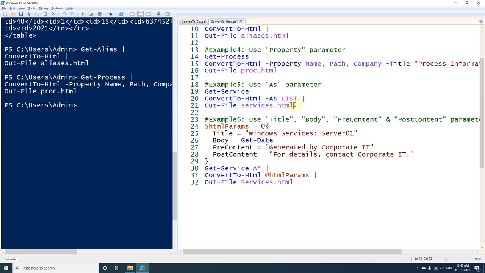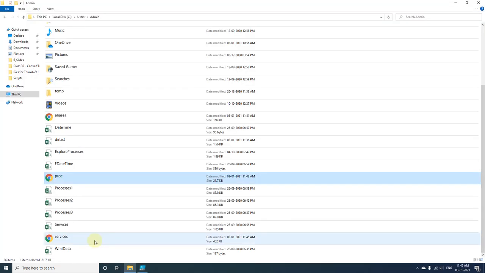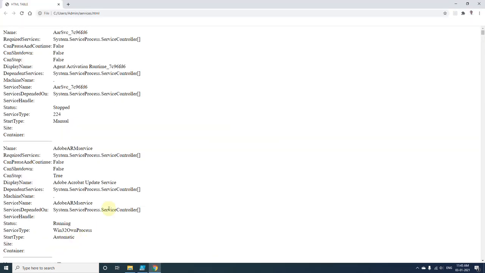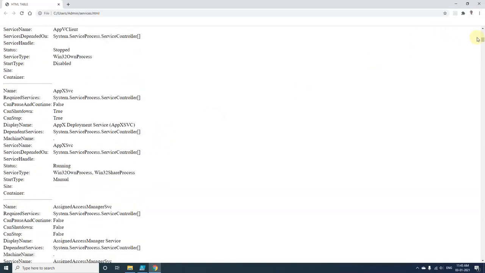So let's execute this one. I have executed, and this time when I open this folder I will see one new file called services.html. If I open that one, this time you will see we have got the output in list format.